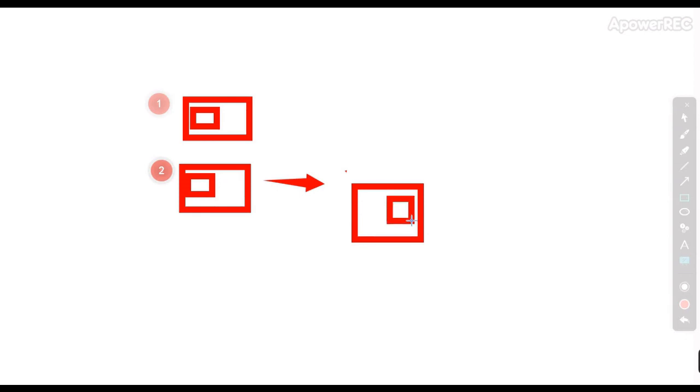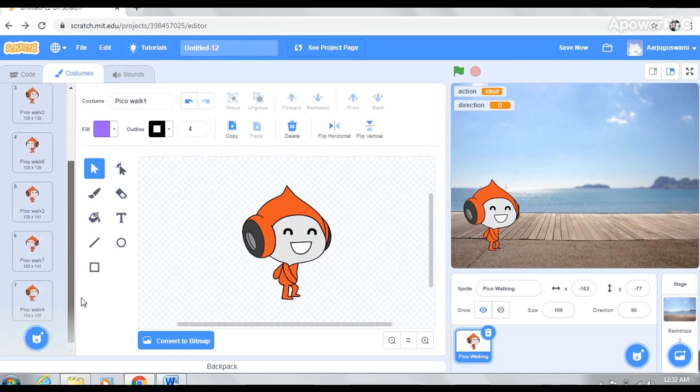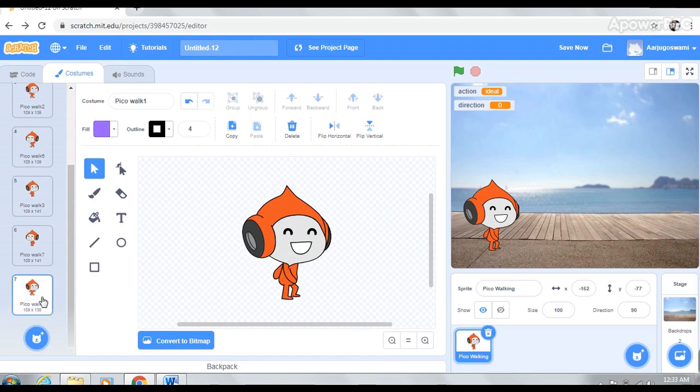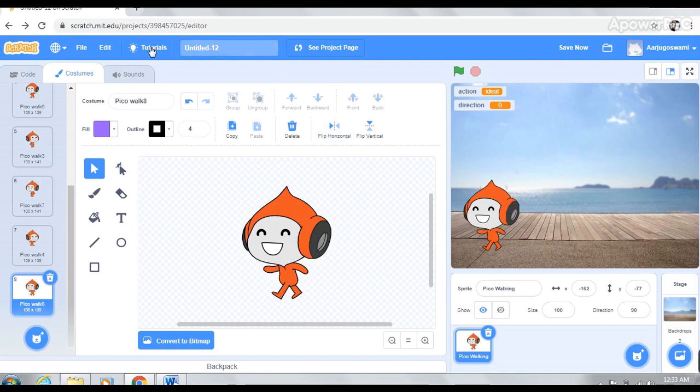Now as you see in picture 1, 2, picture 2 you have to flip. It means the picture you make the duplicate, you have to flip that picture only. So we are done with flipping.